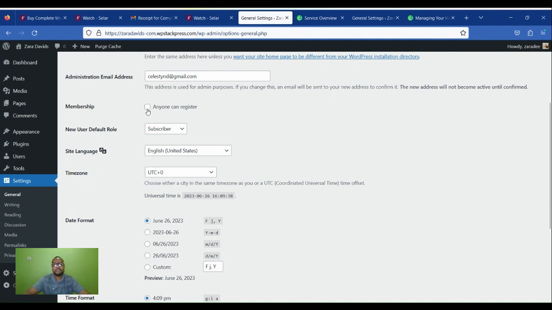You will want to give people access to your website. For instance, you want people to be able to register on your website in the future. So make sure you check this option: Anyone can register. But once you check this option, be sure that the default user role is set as